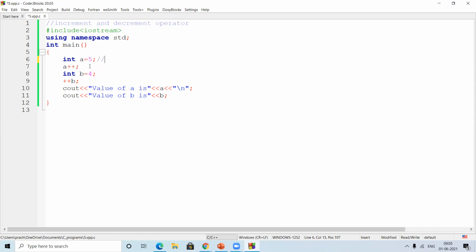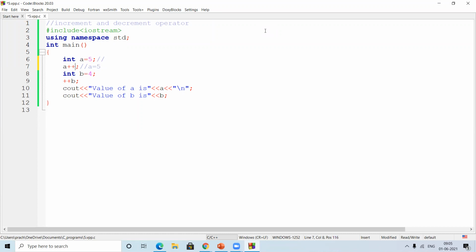So at this point, what is the value of a? 5. Okay, where it is post-increment at this particular line, it is post. The name itself says that it is post. That means at this particular line, the a value will be 5 only.